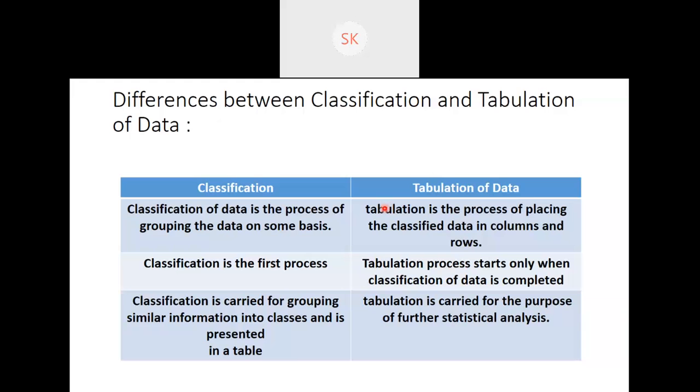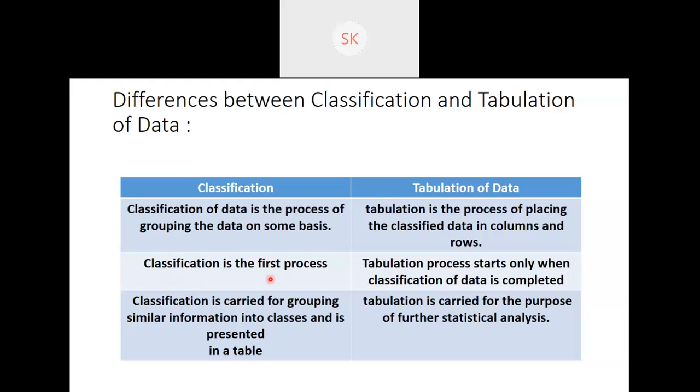When I put everything into a table along with your serial number, registration number, then your full names with initials, then your preferred subject, attendance percentage, your previous semester result, if I put all this into a table, then it is called tabulation of data. So I am preparing the data to take it as a reference later or to calculate anything from that data. So that is tabulation. And again, classification is the first process.